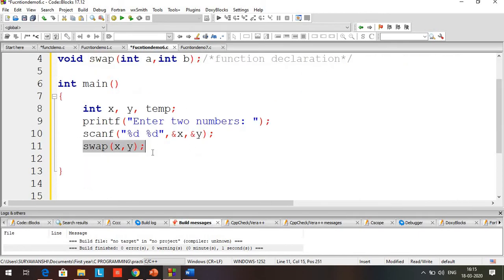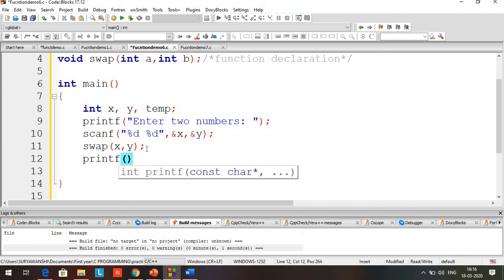And then I am calling the function. As you can see, there is no variable in front of this function because my function is not going to return me any value. So there is no point of storing this value in any variable because this function is not returning me any value, right? And after this we will simply print the value. So printf the swapped value